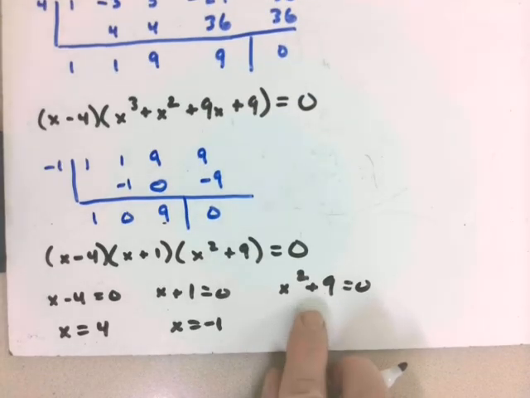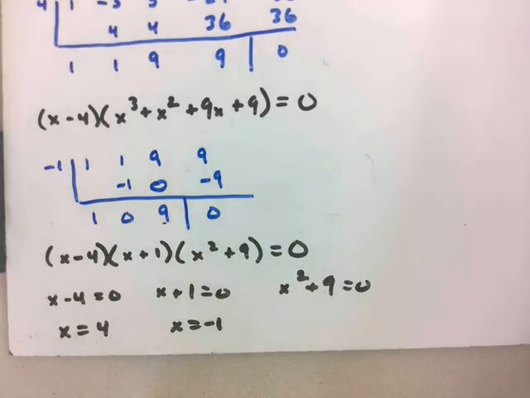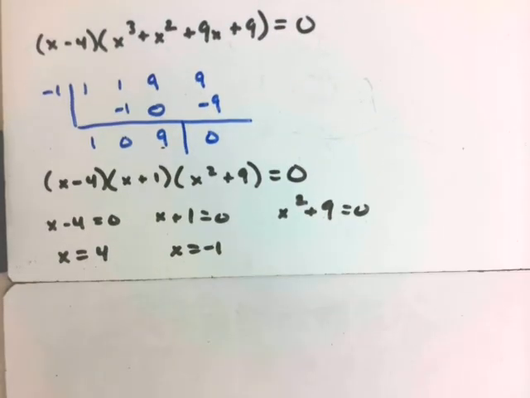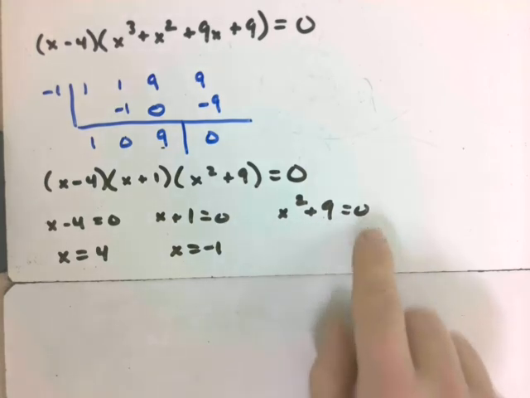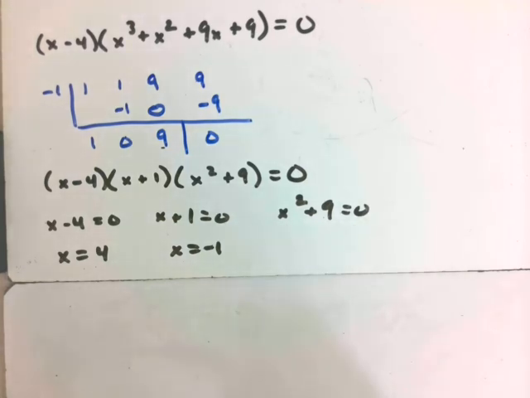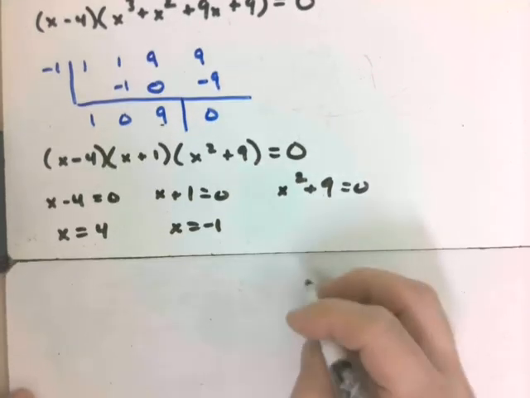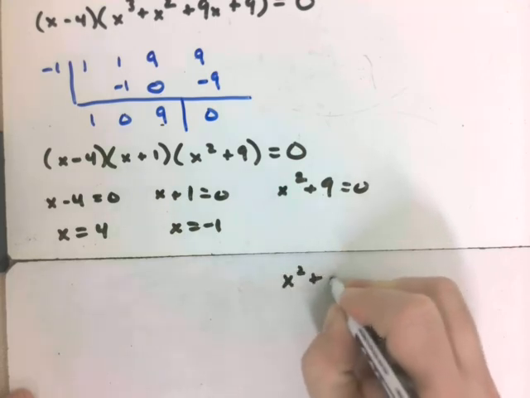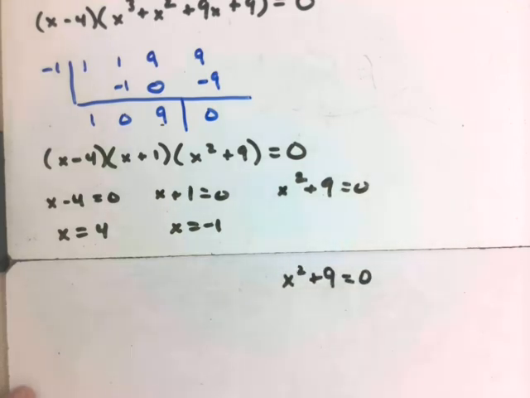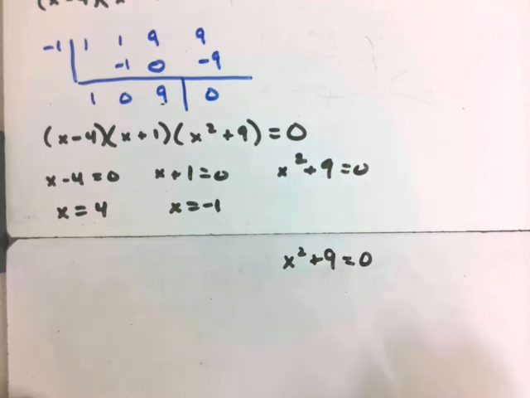But what we could do is solve x squared plus 9 equals 0. Grab another whiteboard here, since I'm almost off the edge. We could take x squared plus 9 equals 0, and we could solve that. Let me pull this down over the ridge. So this is what we do need to go through and solve. And again, you could use the quadratic formula to come up with the answers on this. Otherwise,